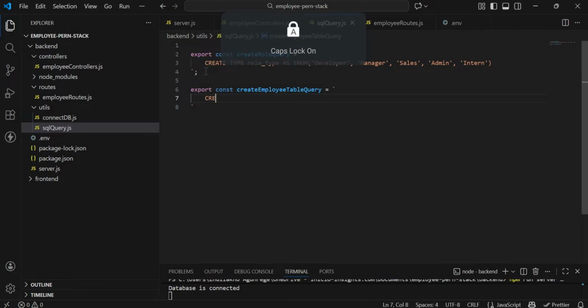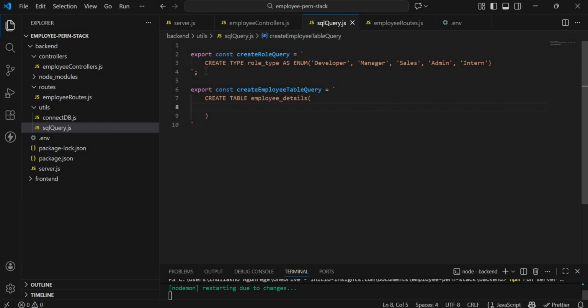First, this would be to CREATE TABLE, and the table name would be employee_details, open our bracket. In the employee details, we're going to have our ID, we'll use SERIAL PRIMARY KEY,